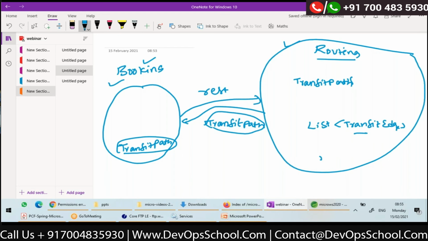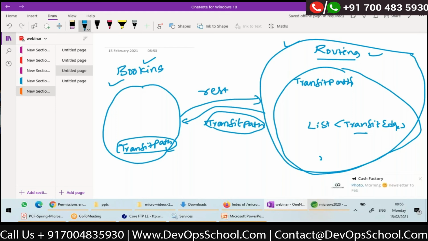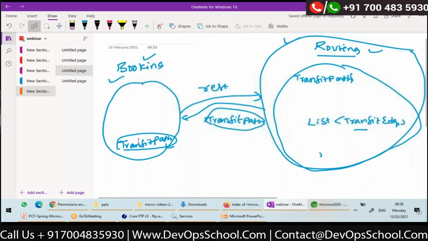No. If I use the same domain class given by routing, there is a form of tight coupling. That means, what if in routing module later we change, either add some fields or delete some fields or change the structure of this transit path object? Will it not affect booking also if I'm using transit path in my business logic?